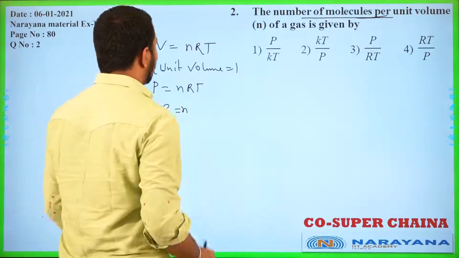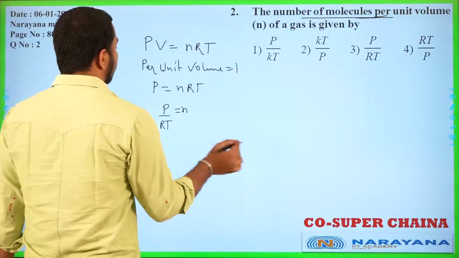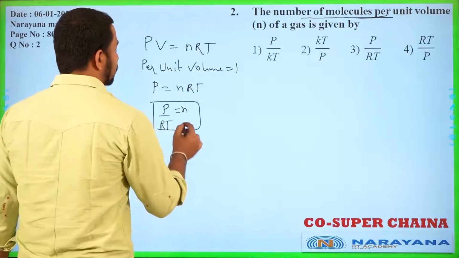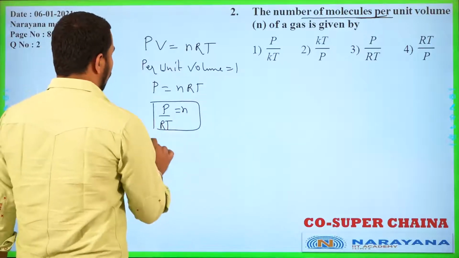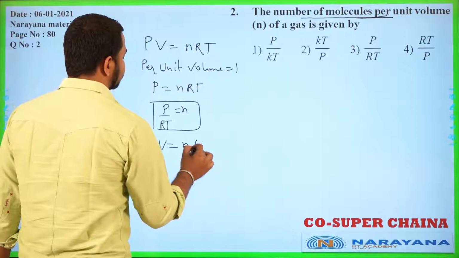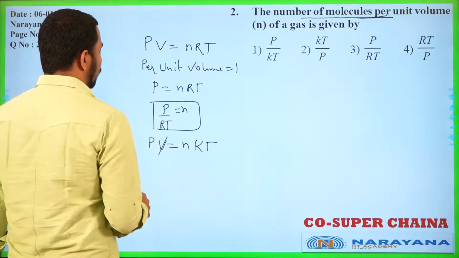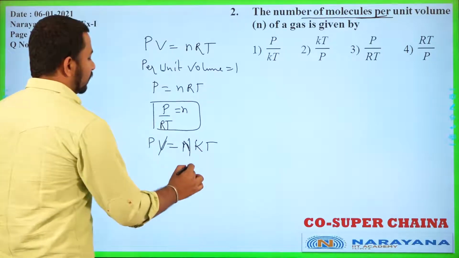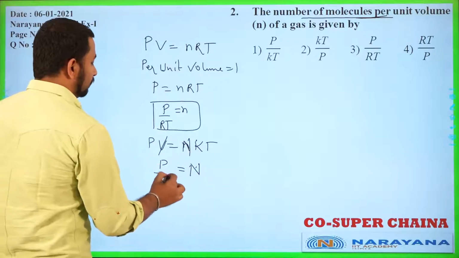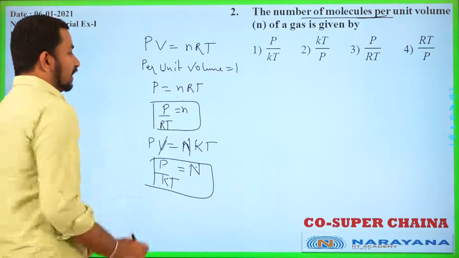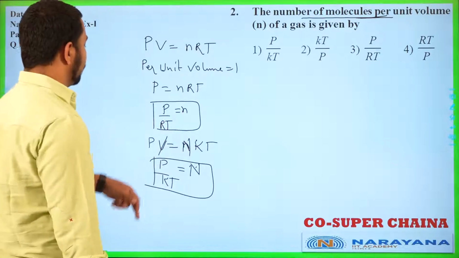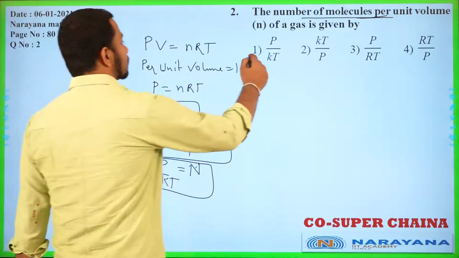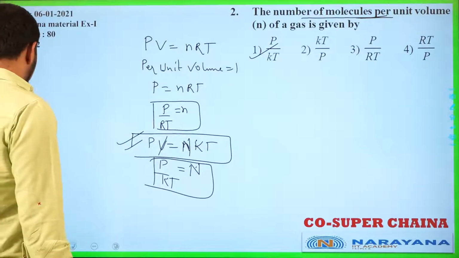Now we multiply this with the Avogadro number, and we will get the value of PV by KT, or directly we can use PV is equal to NKT. So if volume is 1, we get capital N as P by KT, and that will be the answer of this question. Here also you can use the Avogadro number and get it, or directly this result is known to us. So this will be the answer of this question. So let's move to the next question.